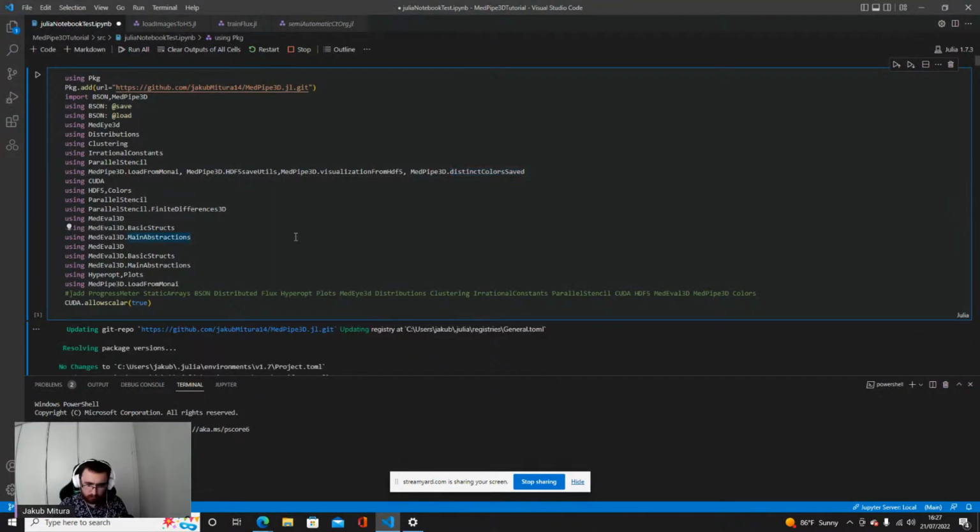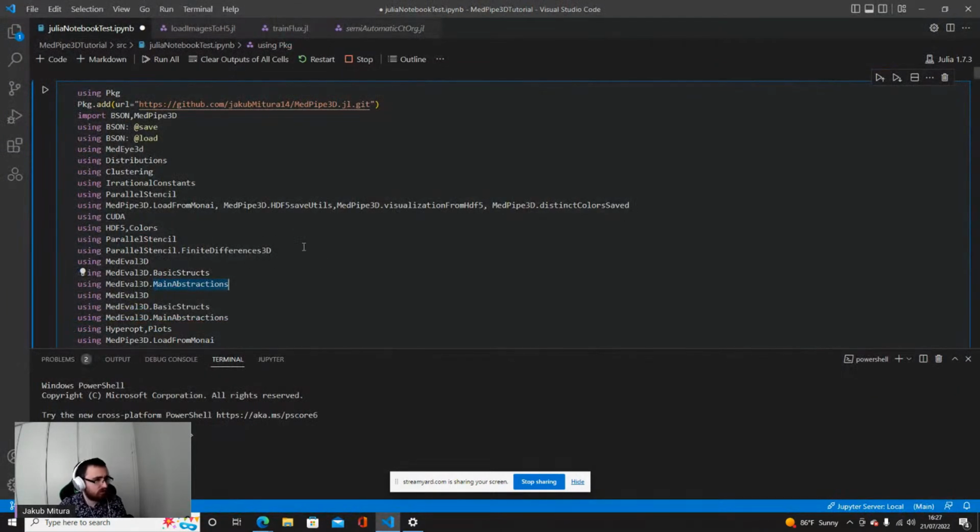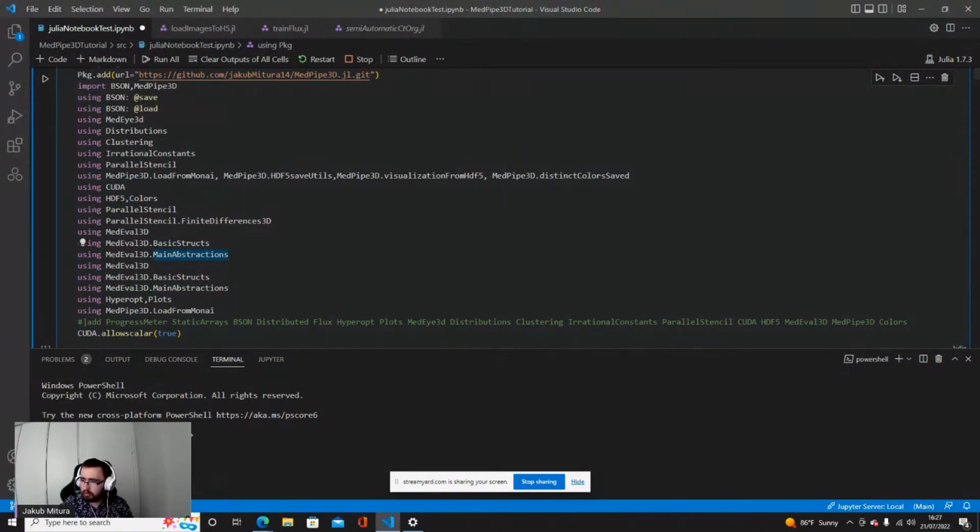Okay, so you can see the code. First of all, maybe I will increase the size. Can you see it well? Do you want it to get larger? Is it good, or you want it larger, smaller? Basically, I'm not on Discord.